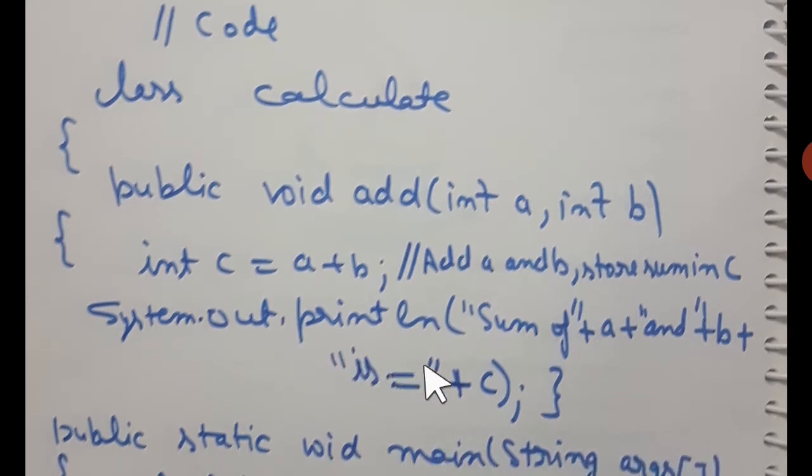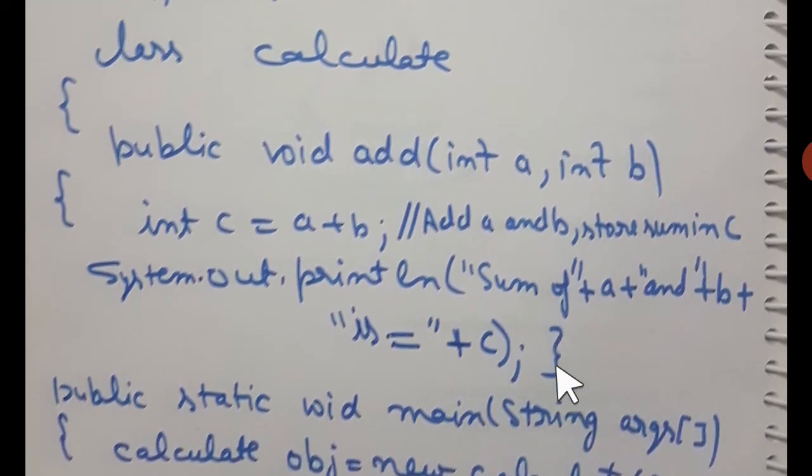Now System.out.println("Sum of A and B is equal to" + C). So you can see whatever I want to print as it is, it's all written in double quotes, like "sum of", I wanted to print, so in double quotes. But whenever I need a value to be printed, I have to write it without double quotes. So variables A, B and C are written without any quotes. All right. Plus